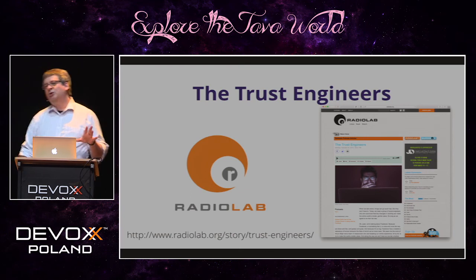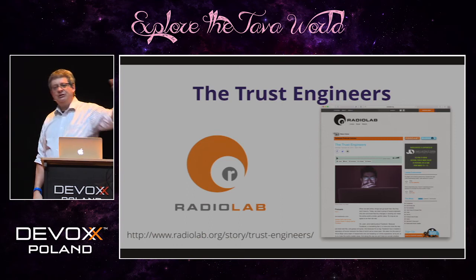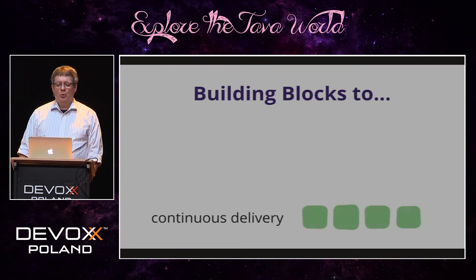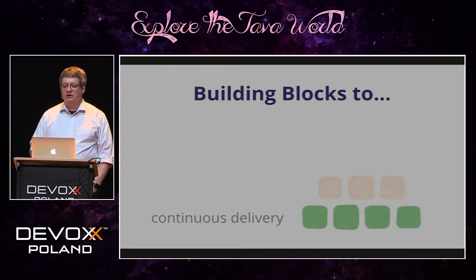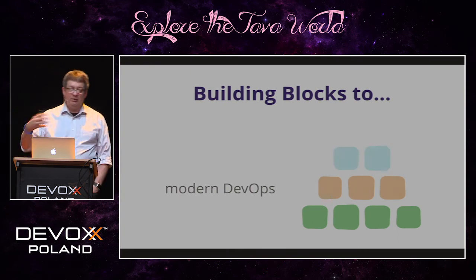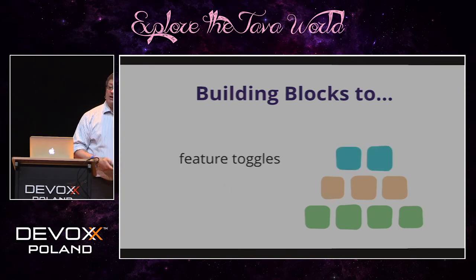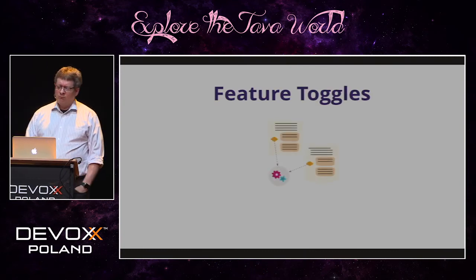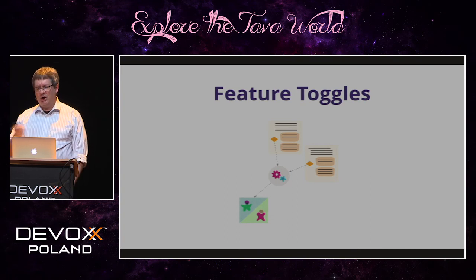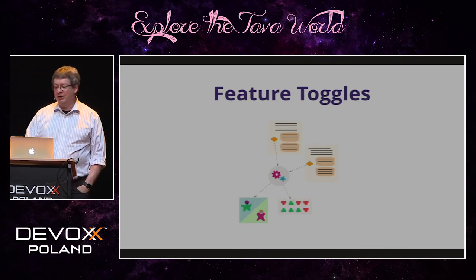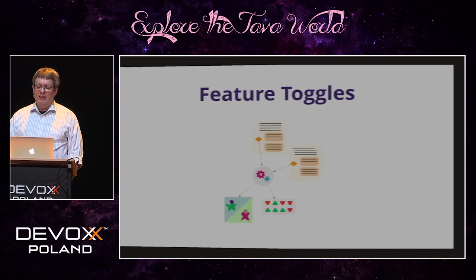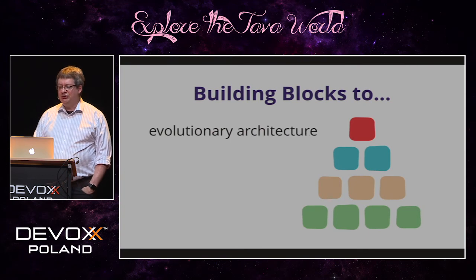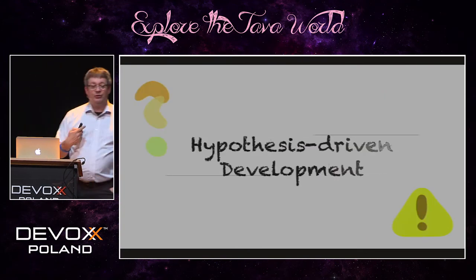But fortunately, Facebook has the ability to run experiments against their users, which creates this thing called hypothesis-driven development. When you have building blocks like continuous delivery, modern DevOps practices, and the ability to put things live side by side, things like feature toggles, which give you the ability to switch things on and off on a really controlled basis using a toggle router, a well-known practice in the continuous delivery world, plus evolutionary architecture, that gives you the ability to do hypothesis-driven development.